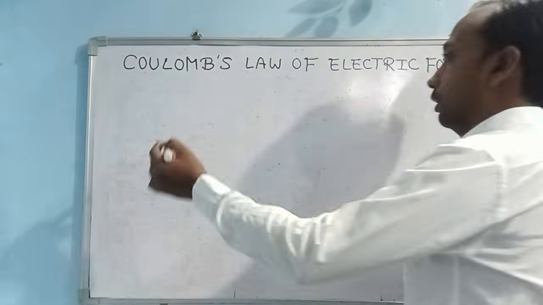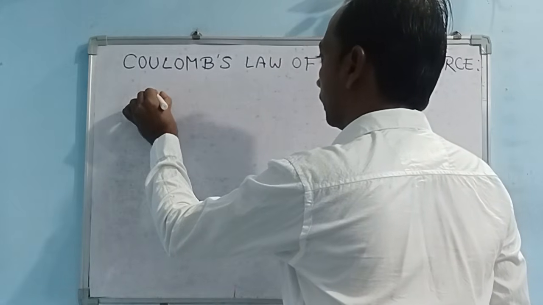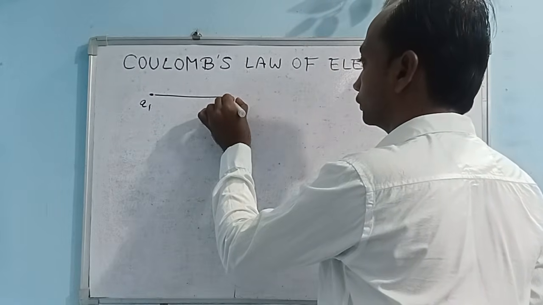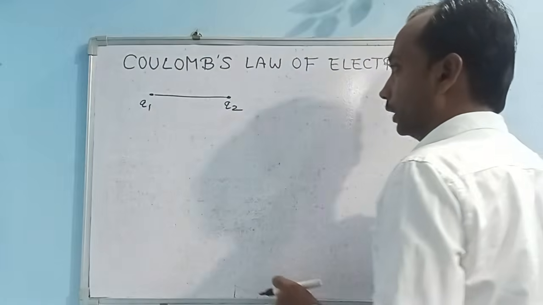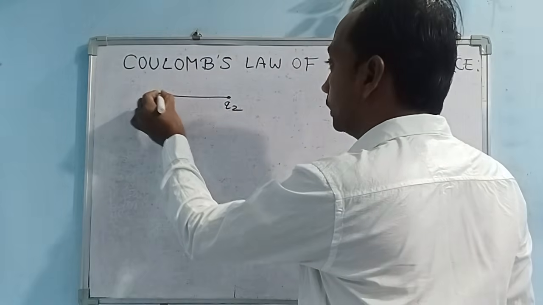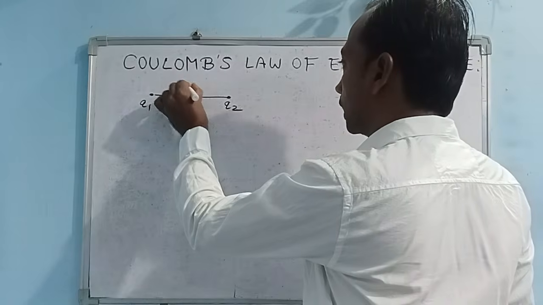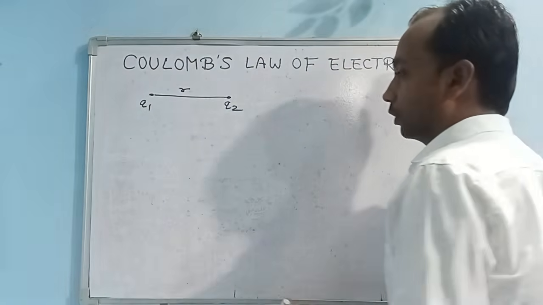Suppose we have two charges Q1 and Q2, and both of them are positive point charges. Then there will be a repulsive force, and the distance between these two charges is r. Then according to Coulomb's law,